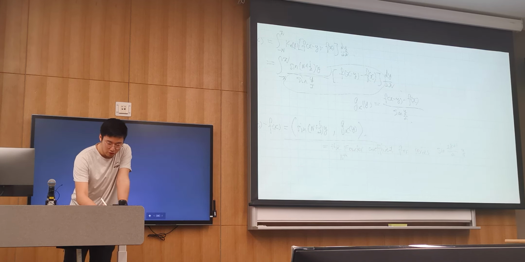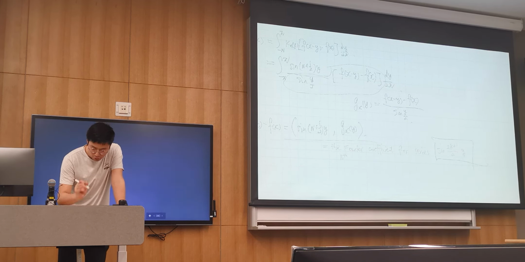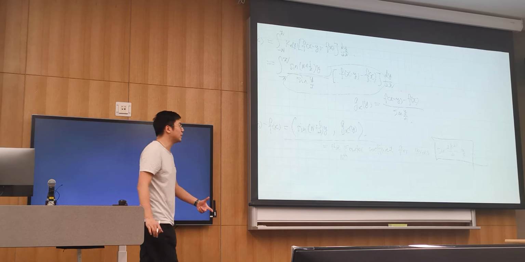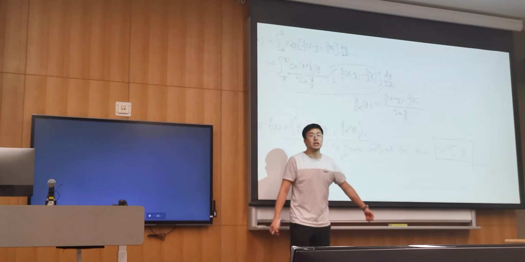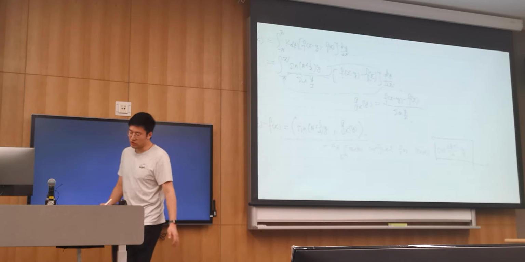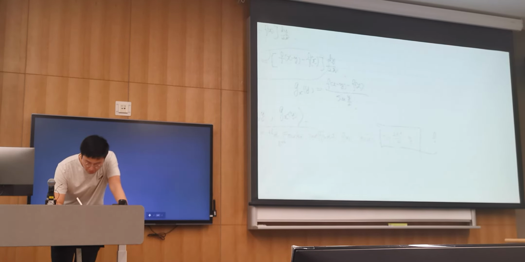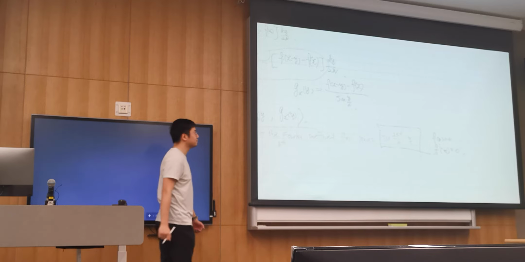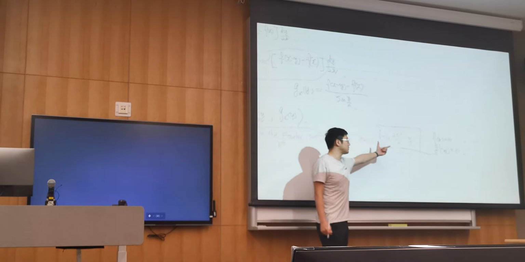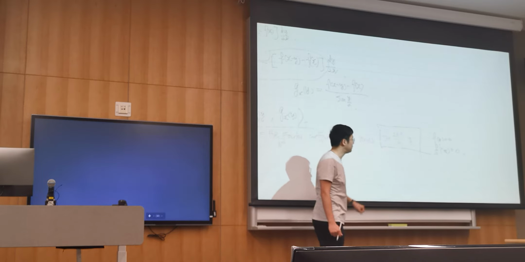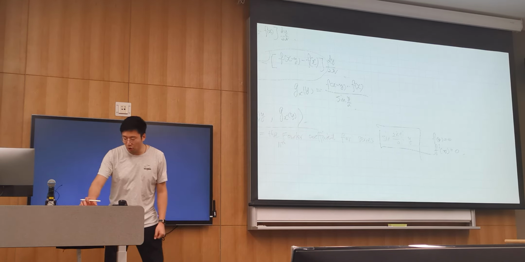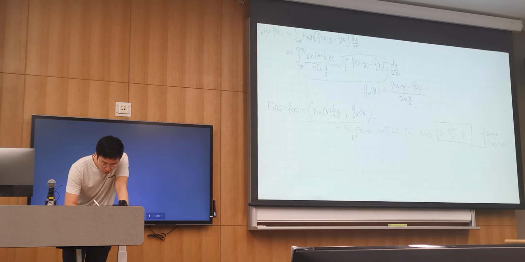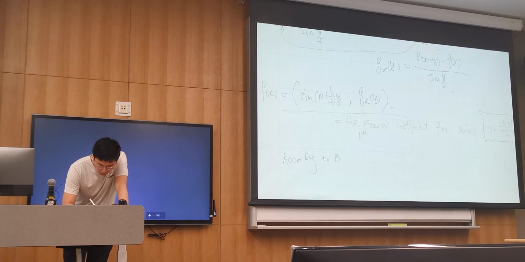And as we have shown, this is actually the Fourier series for a very specific type of boundary conditions, which is that f(0) equals 0 and f'(pi) equals 0. This is a Fourier series for a very specific type of boundary conditions. And according to Bessel's inequality,